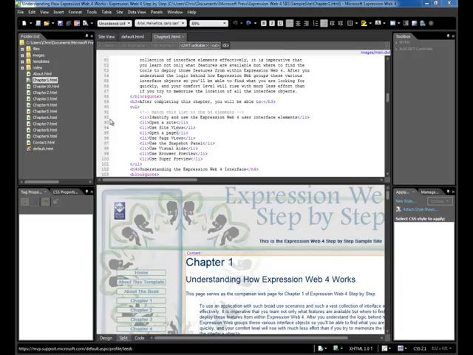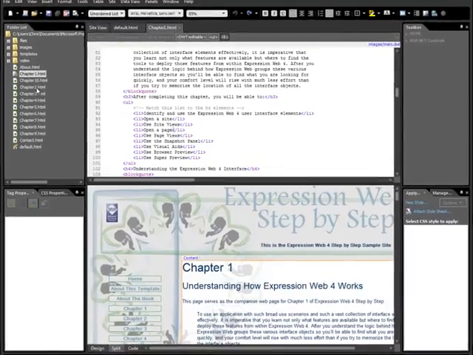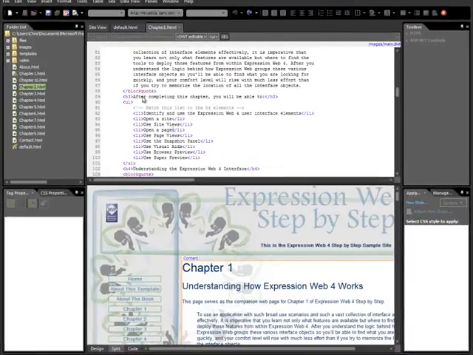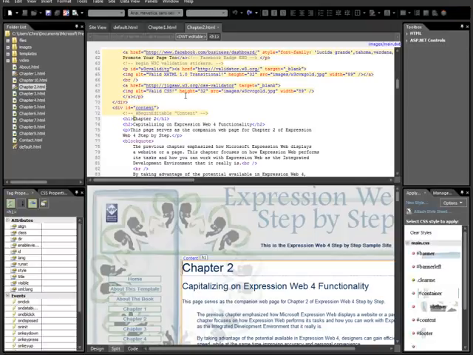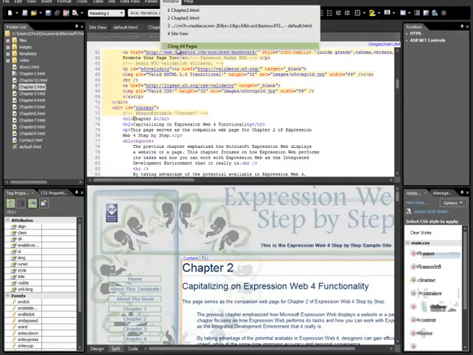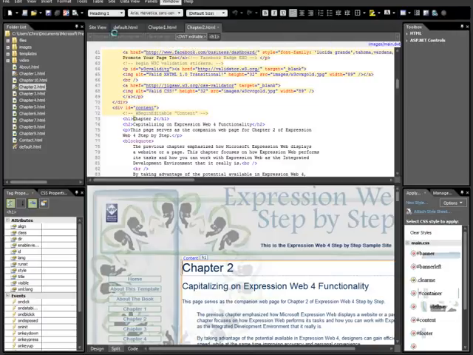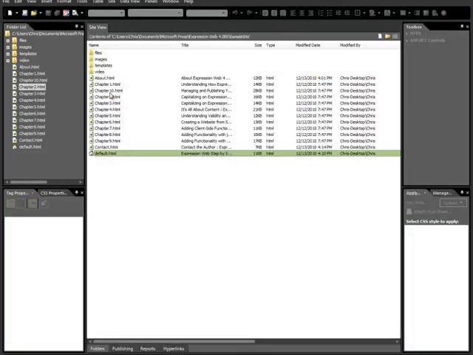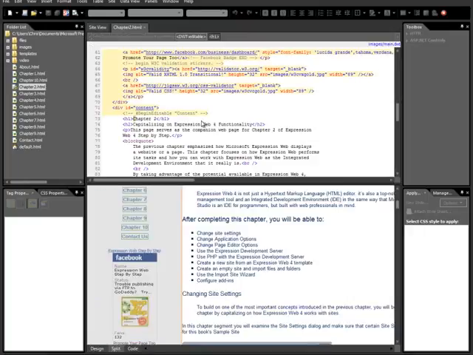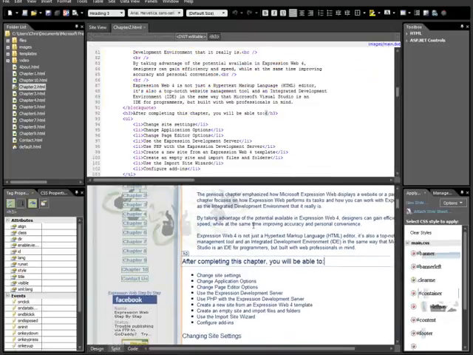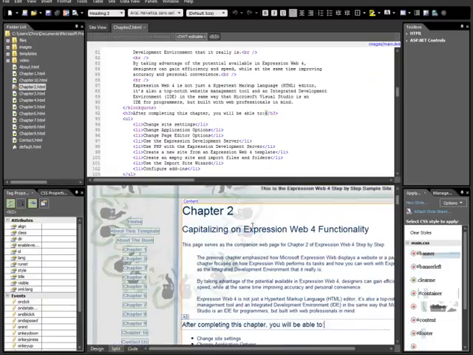Okay, let's open Chapter 2, since that's the video segment we're working on. Let me show you something kind of interesting too. If you have a lot of pages open and you want to clear it out, you can always go Window, Close All Pages, and it'll knock them all down for you. And then we'll just open the one we want. Great. So what we're going to do is, first, let's take a look at